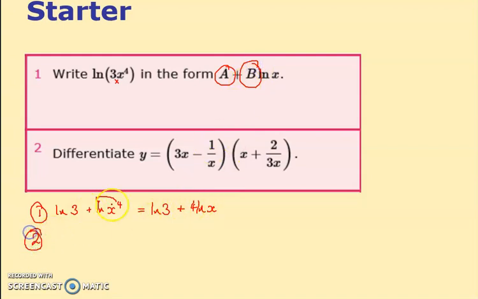Question 2 is differentiate. Now you can't differentiate this in its present form until you multiply out the brackets. So let's multiply out the brackets. I get 3x squared. Now the 3 over 3 disappears, but I've got a 2, oh, and the x over x disappears as well. So it's just plus 2. Now I do these two, so that's 1 over x times x. Well, that's actually just the minus 1, because the x is cancelled. And then the 2, so this gives me minus